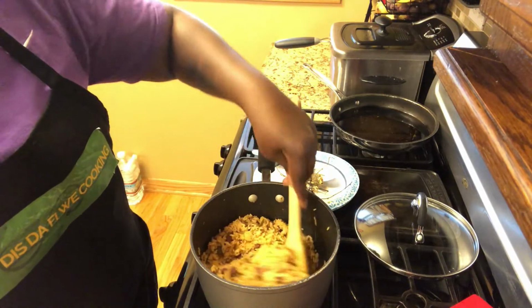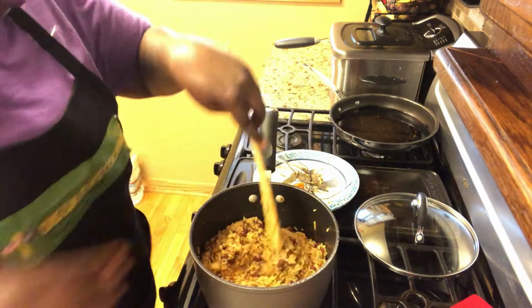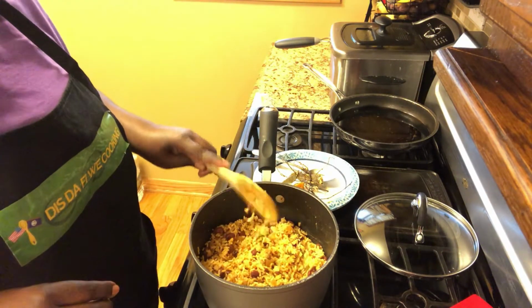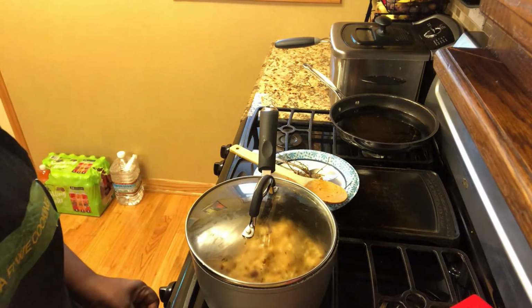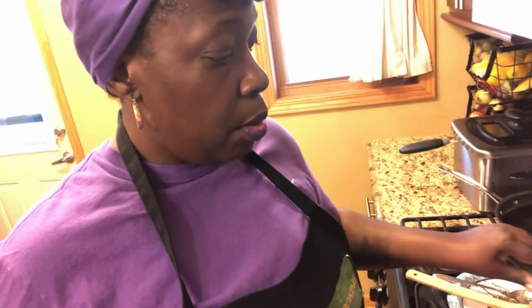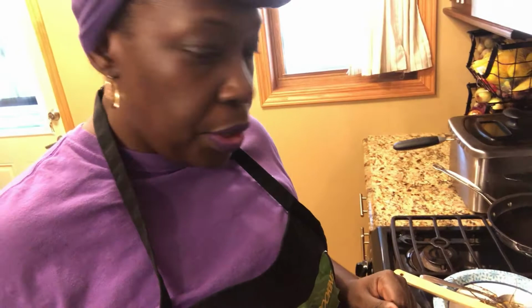So now I'm just gonna cover with the top, and we will have some quick, easy rice and peas. Easy peasy rice and peas. So I'm gonna cover that up. Turn the fire off, and just how you would cook your instant rice, you would cook it like that at the end for your rice and peas. So I'm gonna let that water absorb into the rice, rehydrate this rice, and then I will show you the